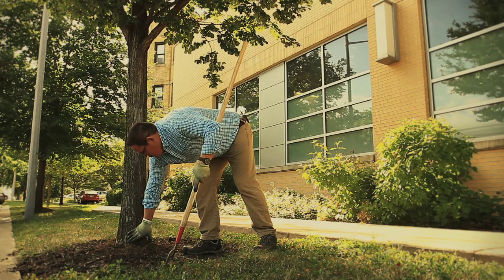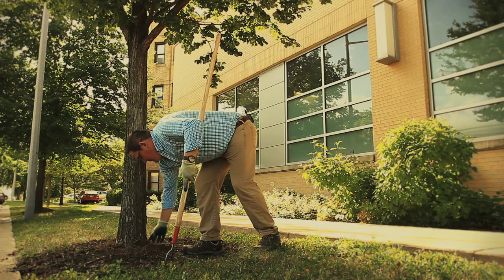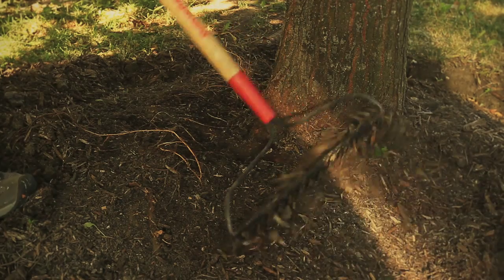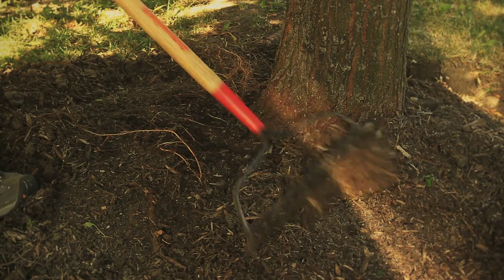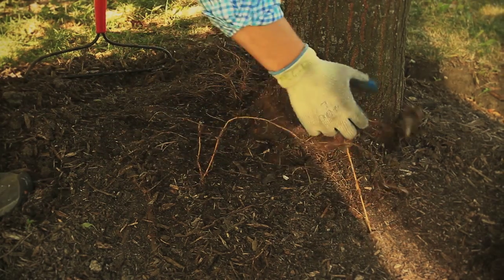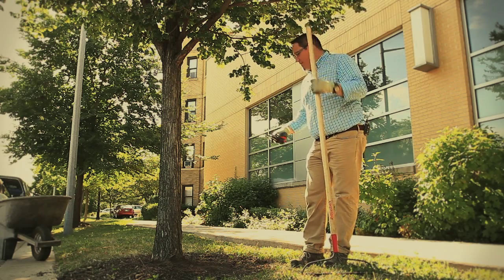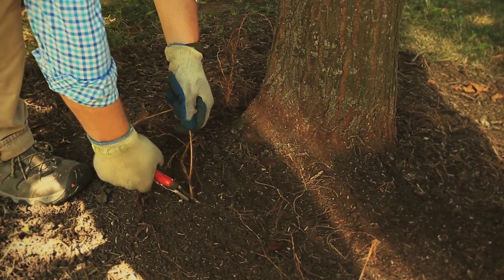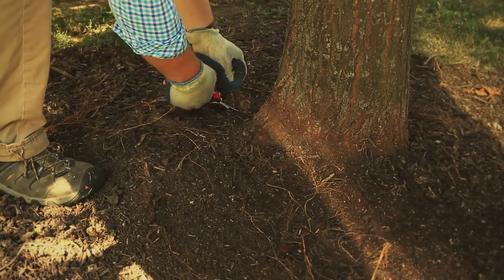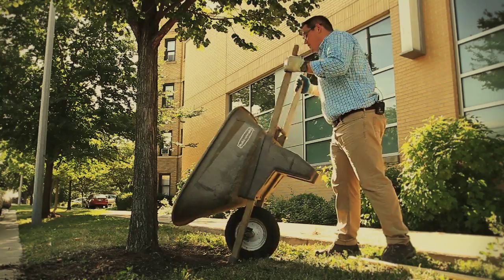All of this structure is trunk, and this bark doesn't like to be covered by soil and be in contact with moisture. That leads to a lot of problems with fungus, bacterial infection, and decay. We can see that we have had some surface rooting happen, and so this would just be a really good time to take out your hand pruners and prune some of that material off, kind of redirect growth back into the soil profile. You could really just cut them and leave them in place because they'll compost and turn into regular organic mulch, which is the basis of the material that we're going to be using for the rest of